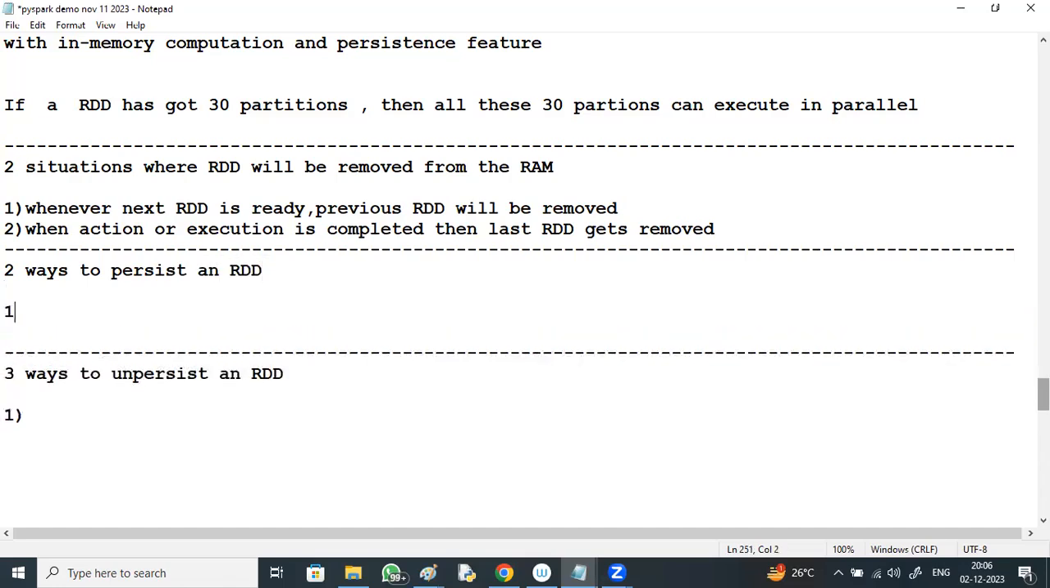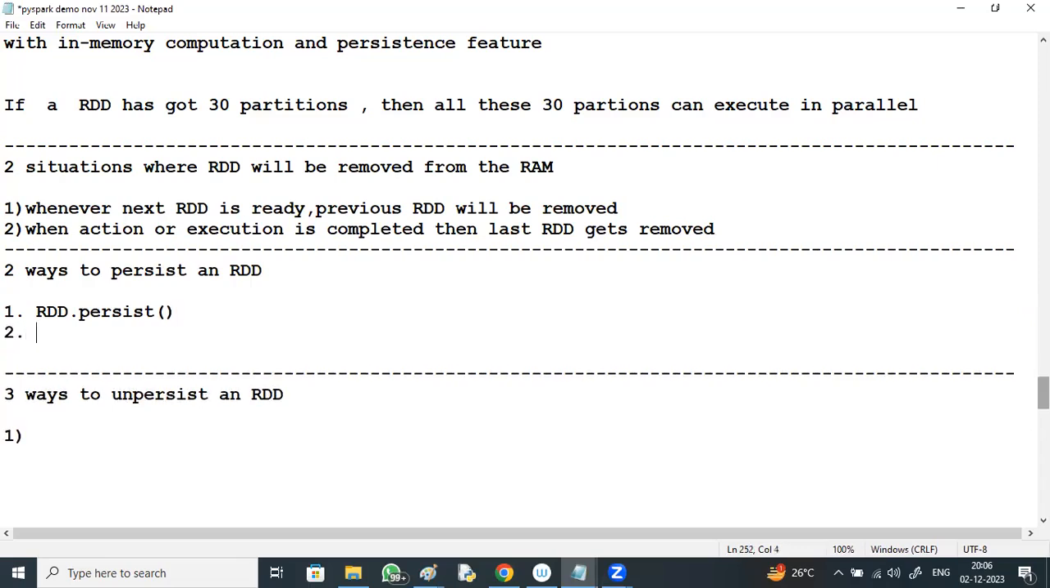First one: RDD dot persist. If we say it, it gets persisted. Second way is RDD dot cache. If you want to persist an RDD, you can say this or this. Difference between these two is,